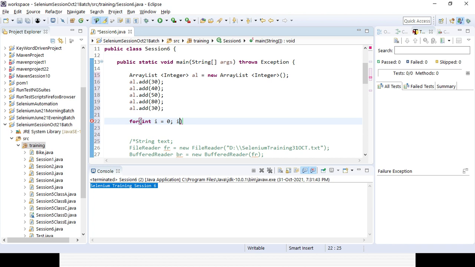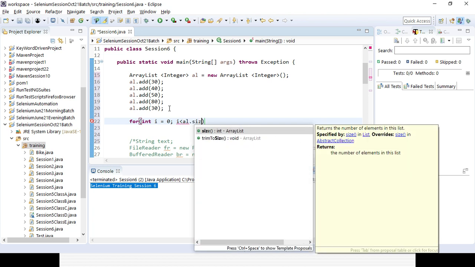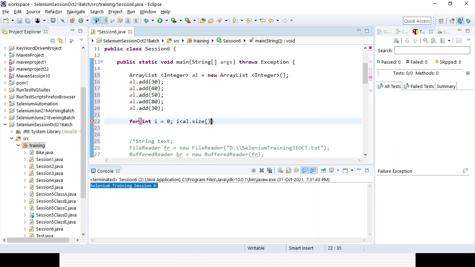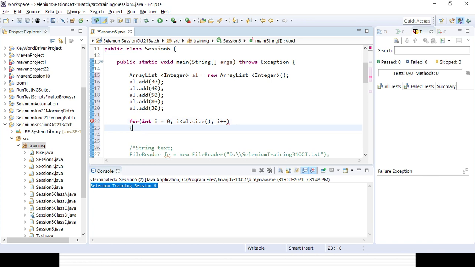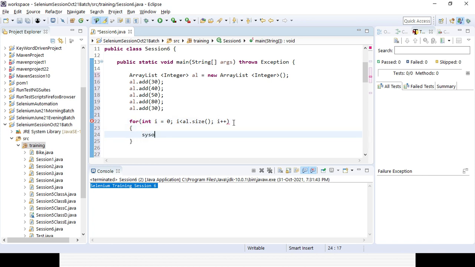So i less than al.size(), i plus plus. Then to print them, System.out.println(al.get(i)), where i is the index.